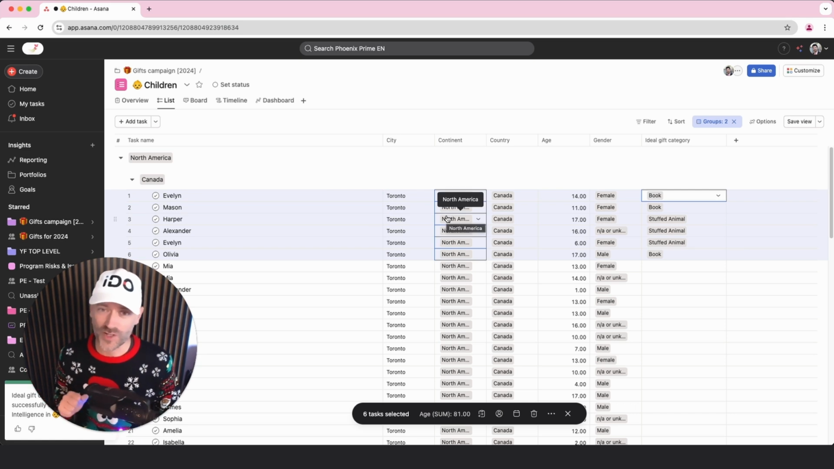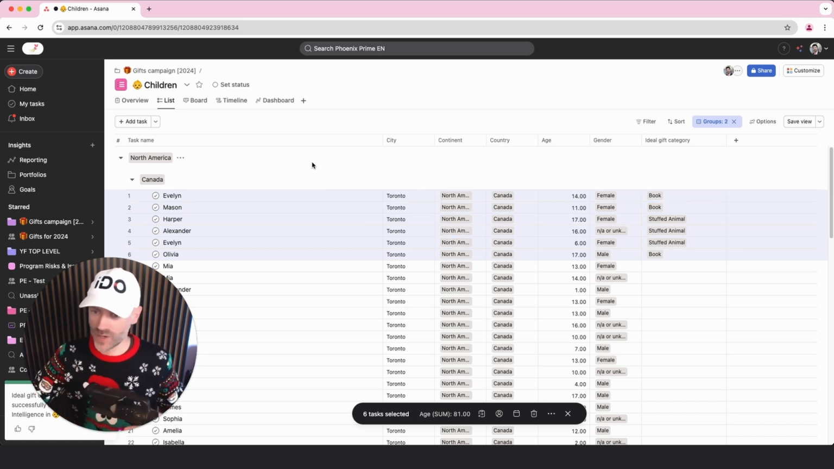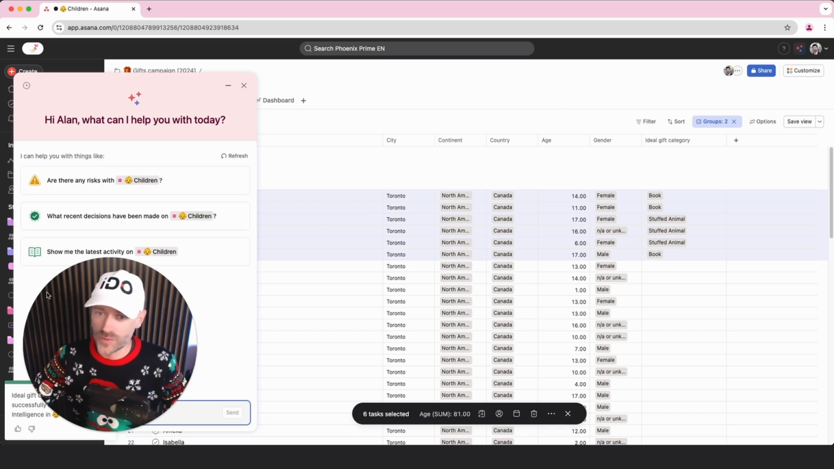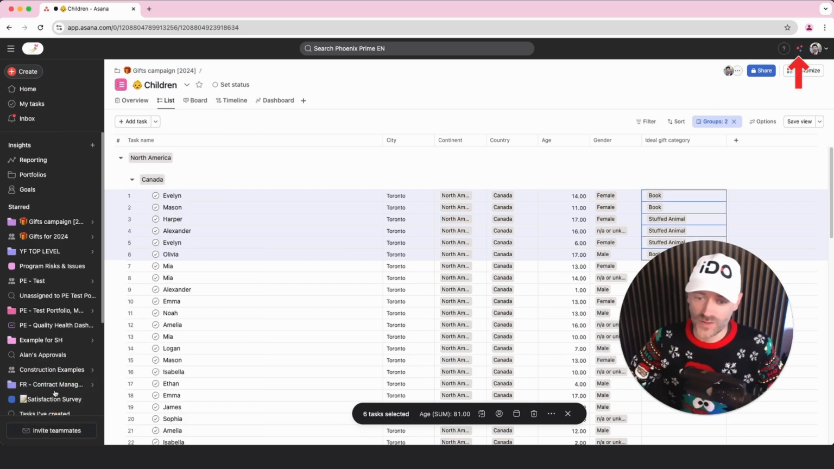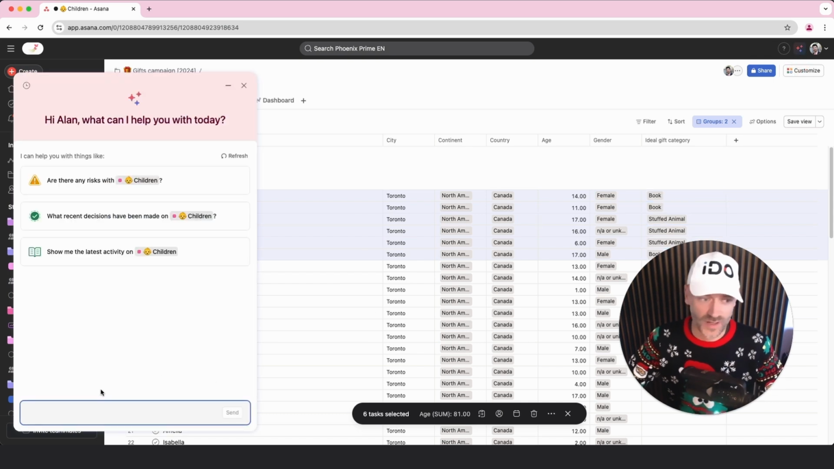The third one I want to show you is the ability to use the AI chatbot to find something. Let's say you're trying to find a kid within that list and you don't really have the right set of filters, you don't really know how to use Asana properly, so you might want to go through AI there. So you click on the button at top right corner and you have that chat box that appears, and you can say something like